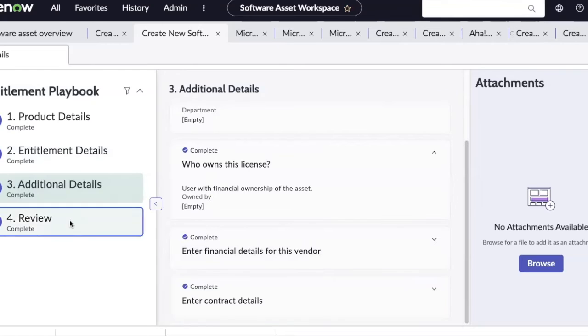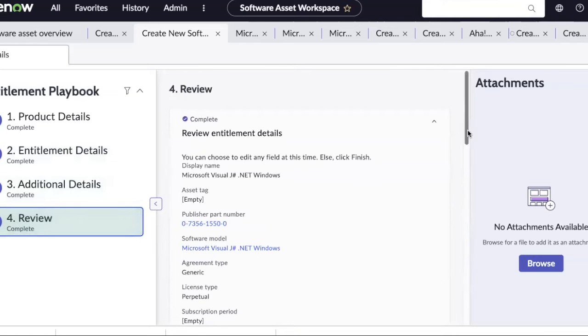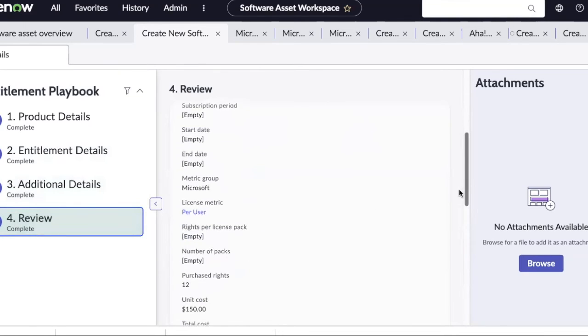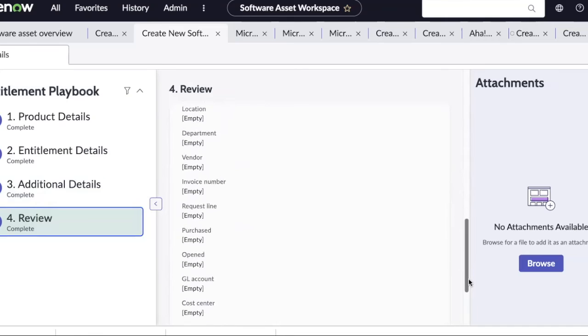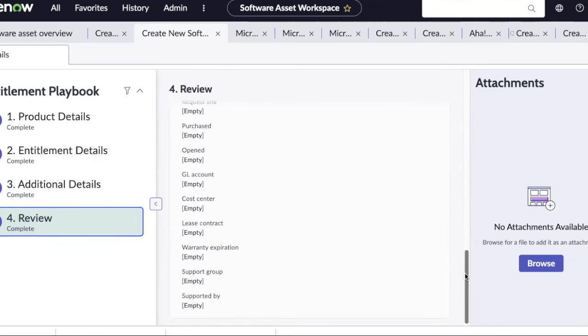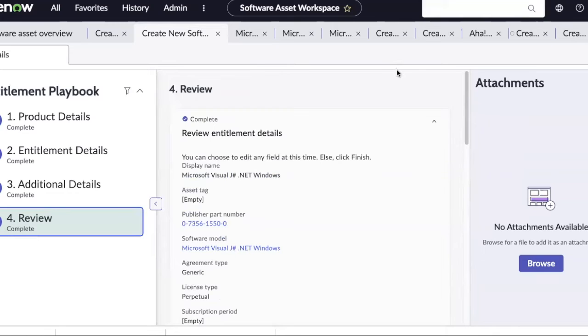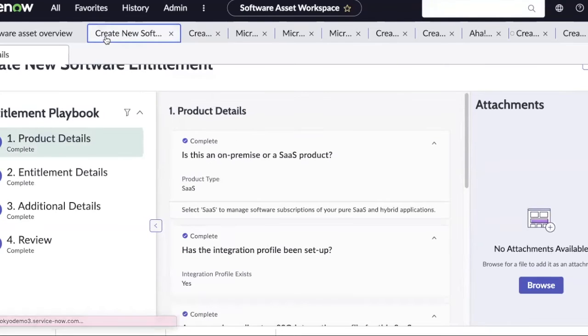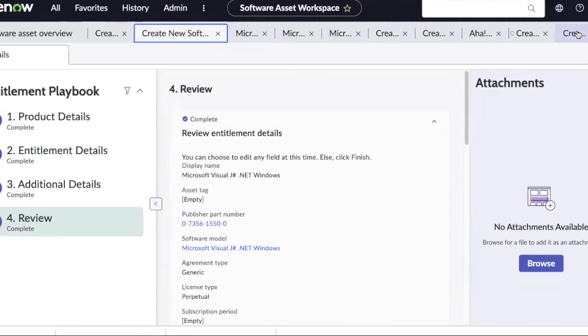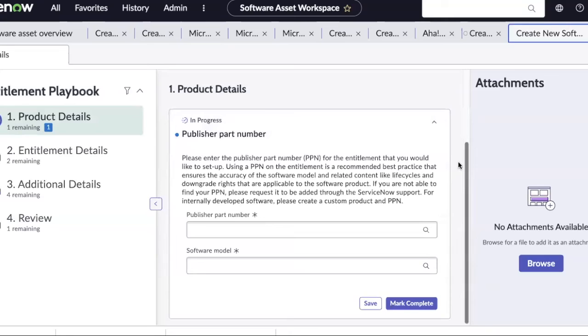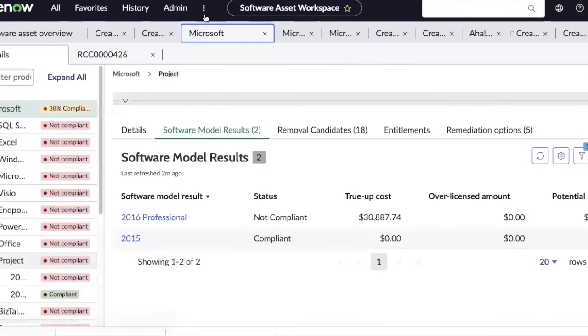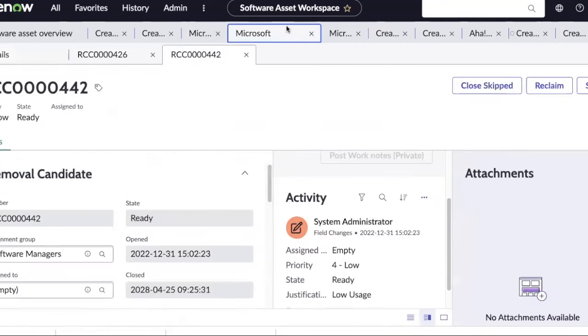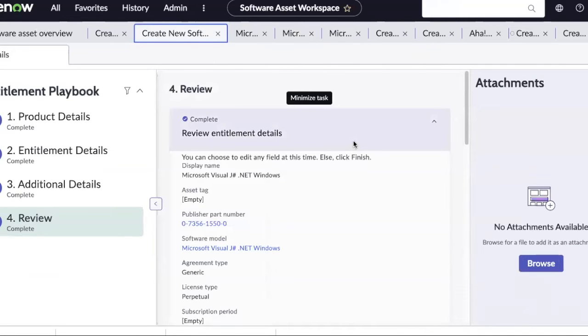and we can review it. And as you scroll down, just to make sure all of your information is indeed exactly how you want it to be, you can complete it. Let me go back to and you can make it mark complete. And that's how you would make your entitlement